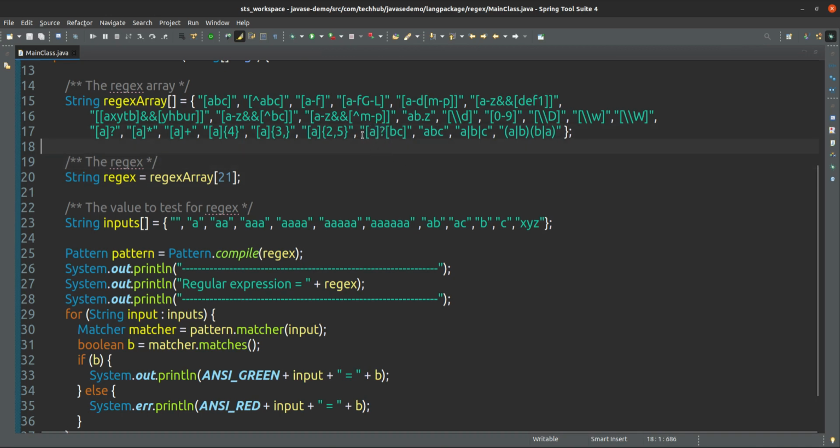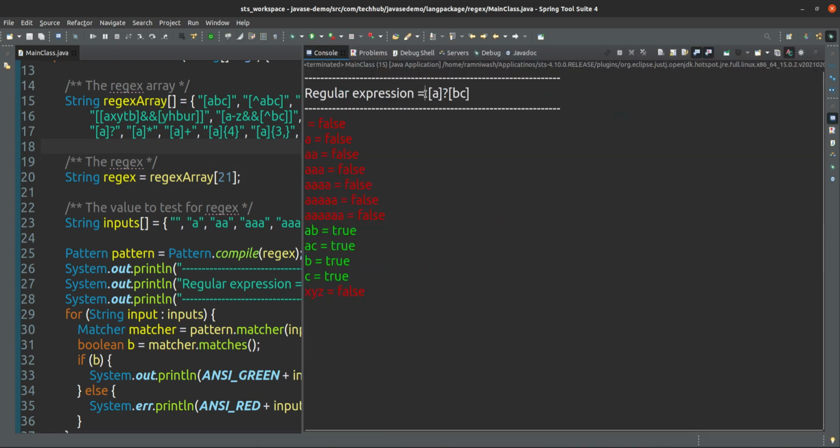Okay, that is different, that we are taking as an example actually. If I run this one, you will see what I am saying here. A should occur exactly one time, or it is not occurring 0 times, that is also fine. So A is occurring one time, it's fine. After that, either B or C, any one of them, it's fine. A and C, it is fine, no issue. B, because if I am considering A is not occurring but B is occurring, that is fine. C, because from B or C any should occur and A is not occurring, that is also fine. If I give A and C here, that is also fine. So this is that regular expression.